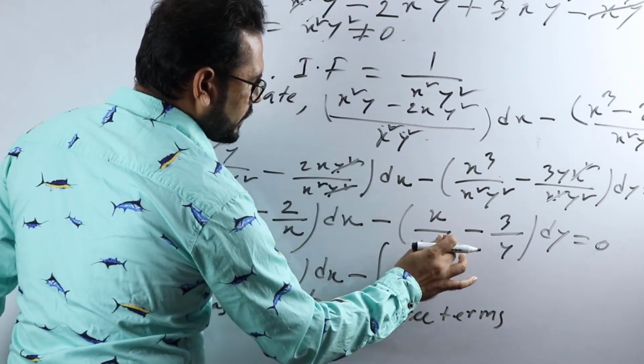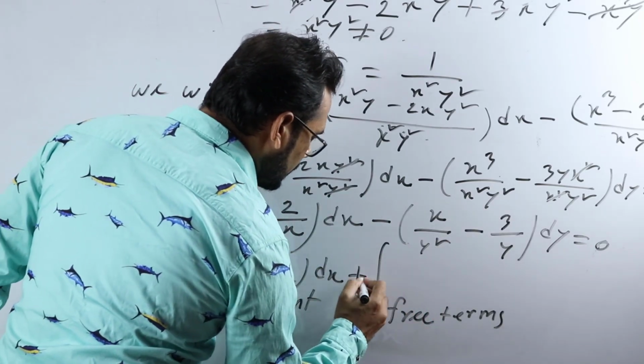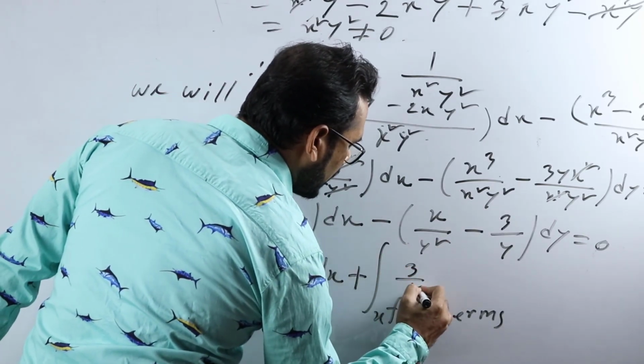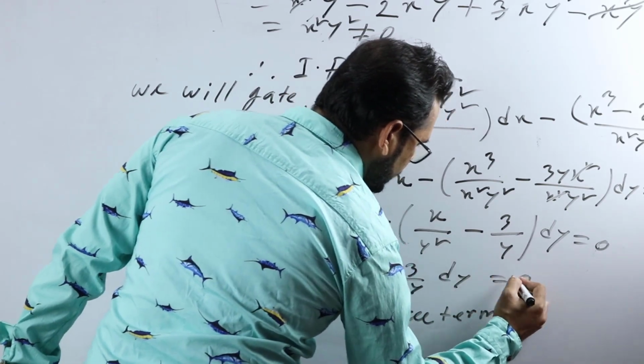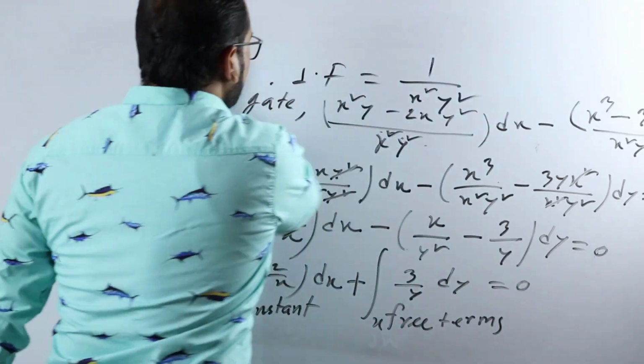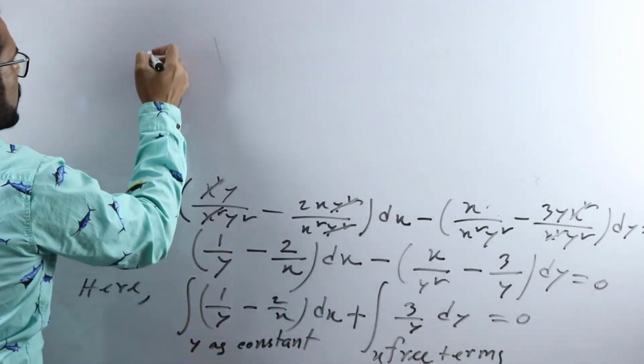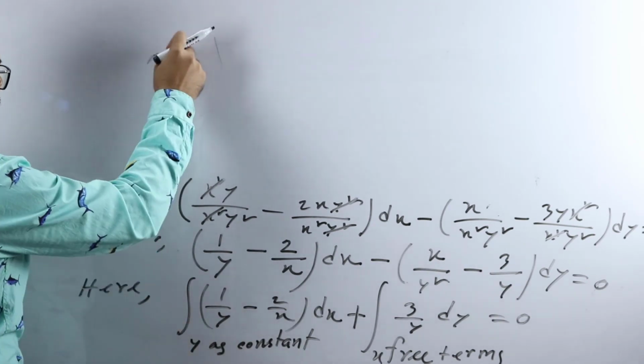There is x, so it is not free, so this is free. This minus and this minus will be plus 3 divided by y dy is equals to 0. After that, we can write down in the next slide. I am writing here,